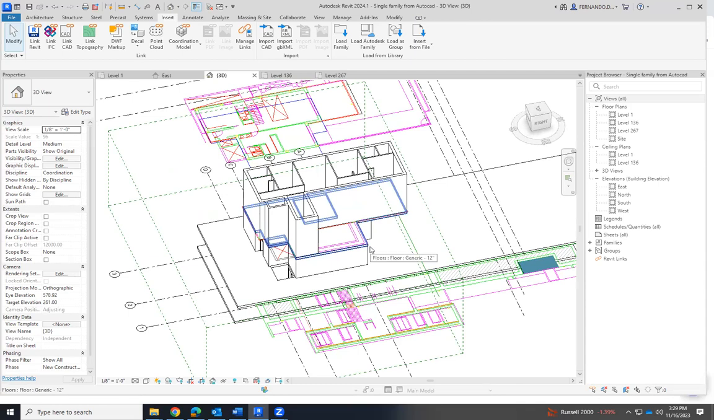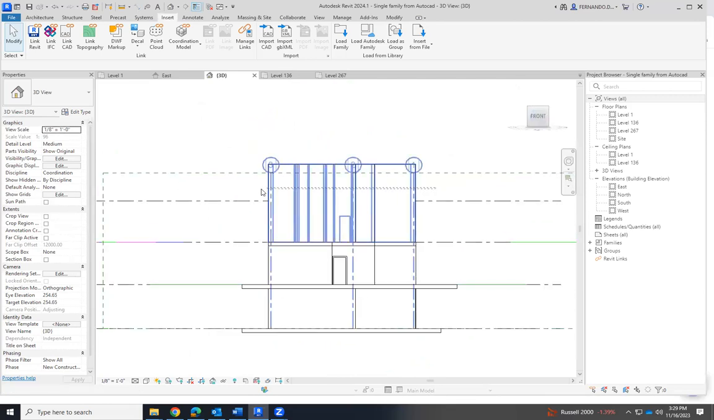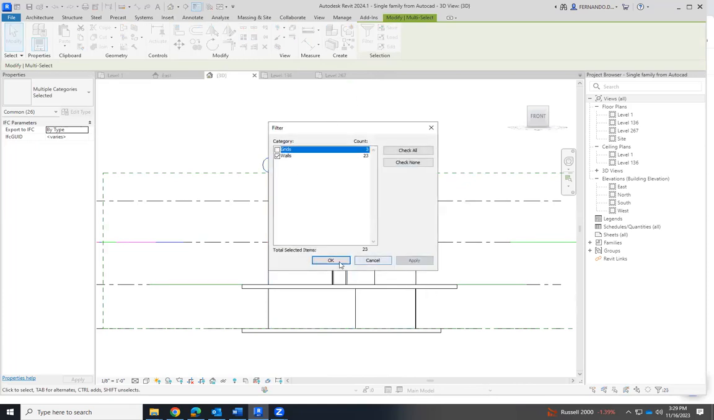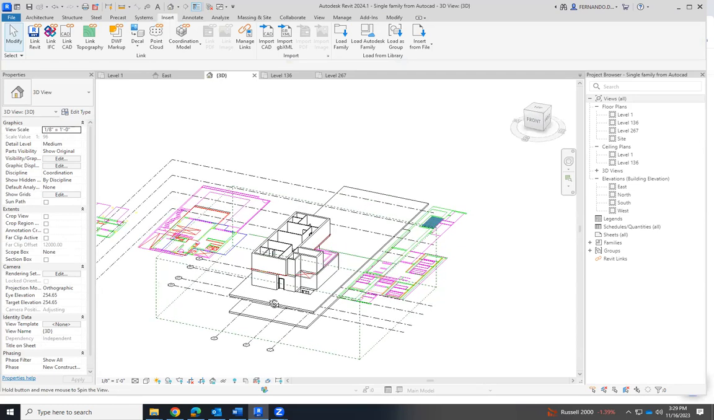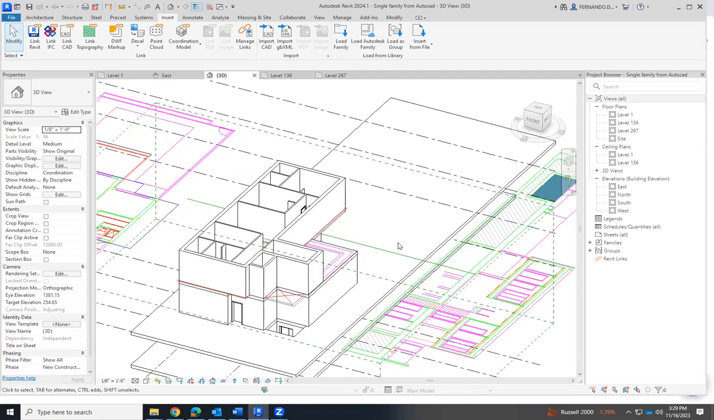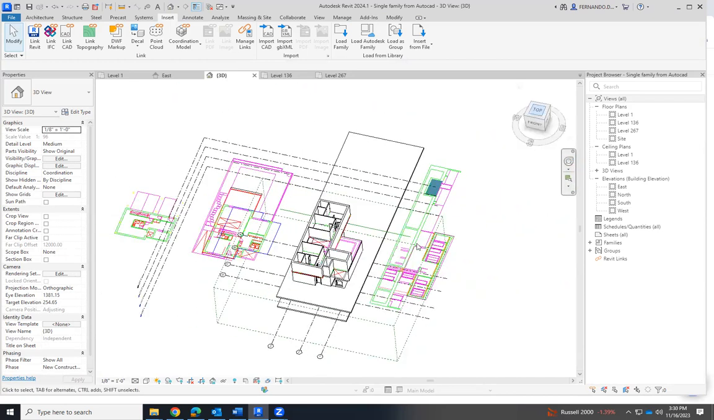Okay, so first we have to adjust these walls to the level 393, and we will need a roof here, but we can do that later. The structure goes